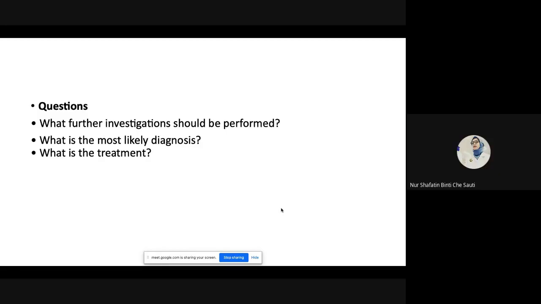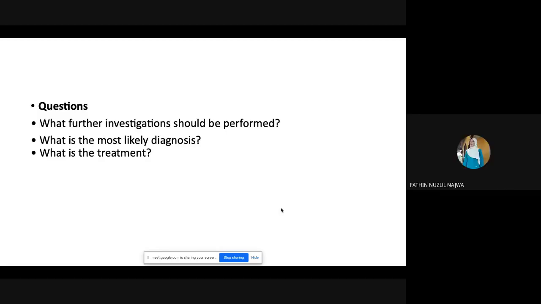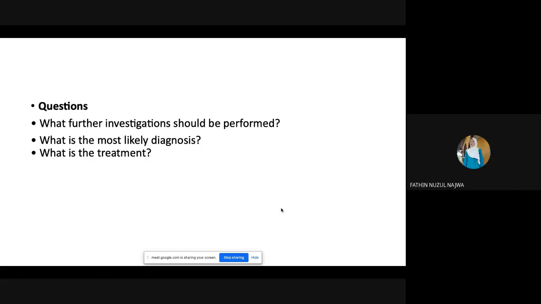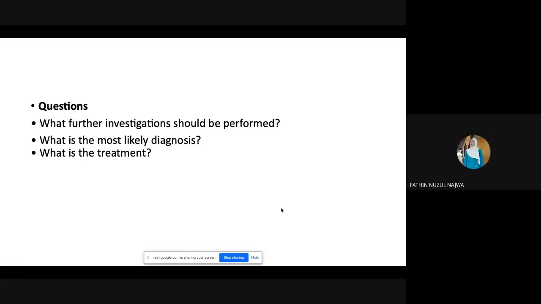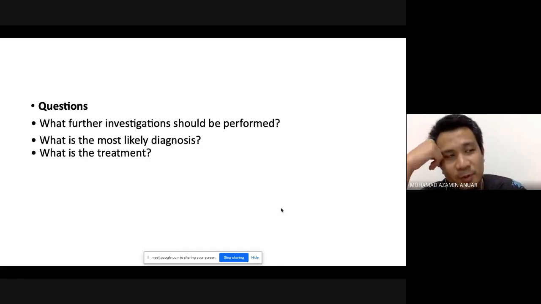Okay. So why does post-strep AGN need antibiotics? To eliminate beta hemolytic streptococcal infection. Okay, so if you eliminate streptococcal infection, does it mean that the post-strep AGN will resolve? No, not really. Because the AGN is mainly caused by the immune complex deposition. So the antibiotic is not the treatment for post-strep AGN.